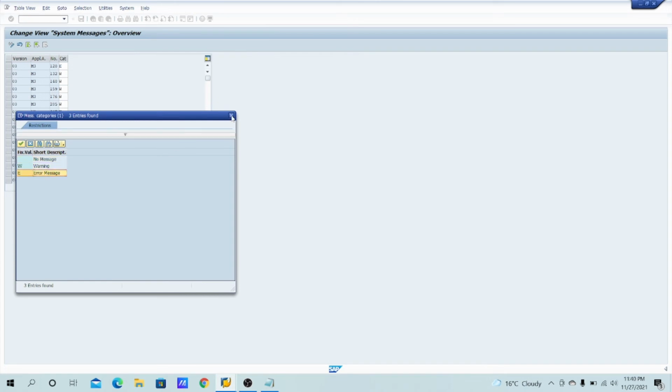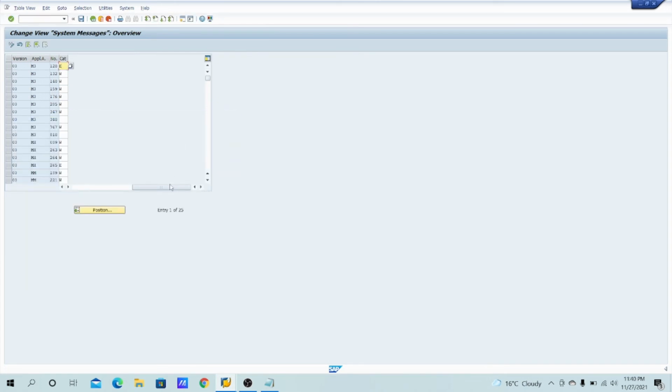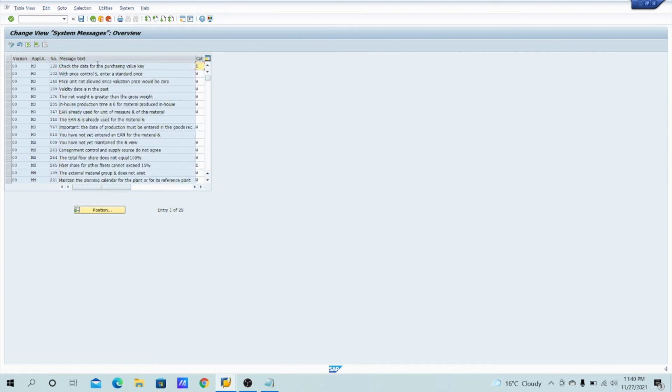Whatever setting you do here, suppose you want the check data for the purchasing value key to be an error, so you have to enter E. If you need it to be only a warning and the system should allow you to process, then you will have to enter W. That means you can convert the error into the warning message. This way you can make whatever changes you want, but in most cases we do not prefer such a thing.